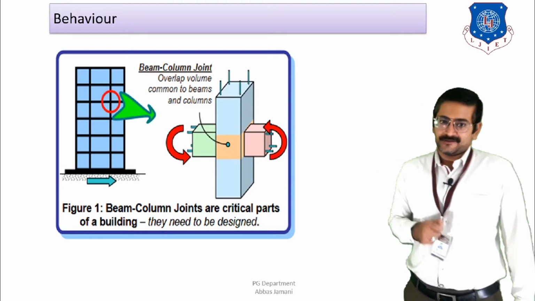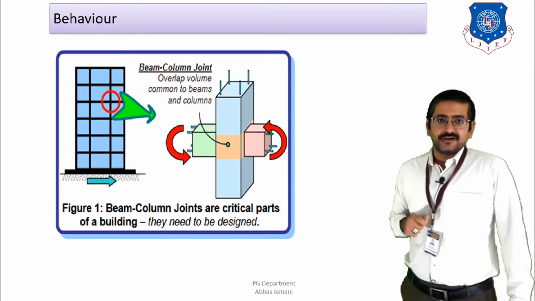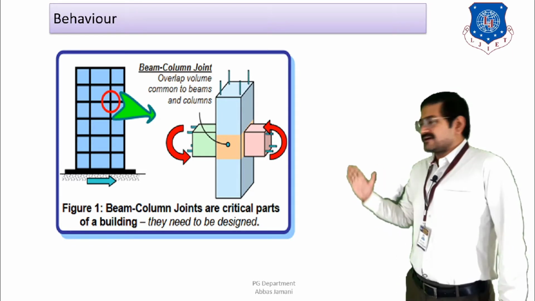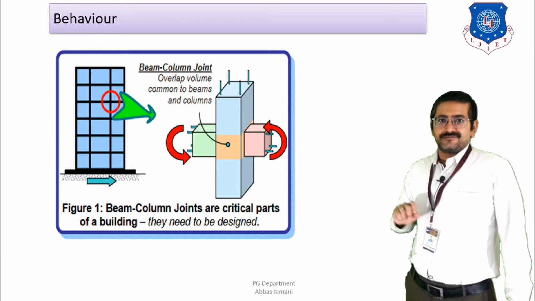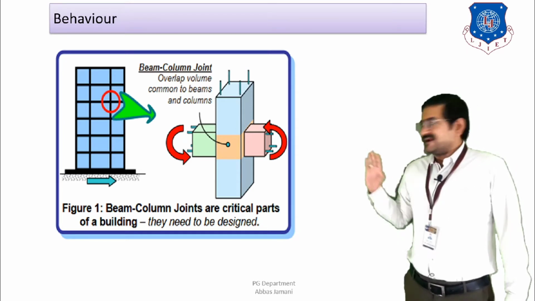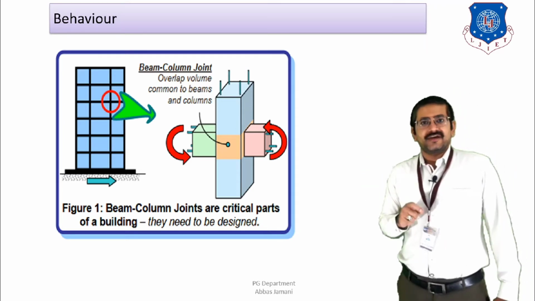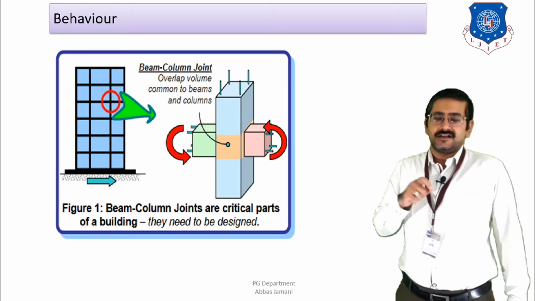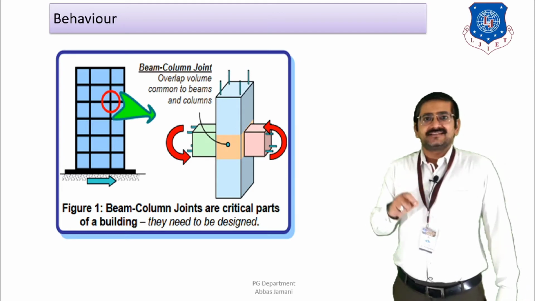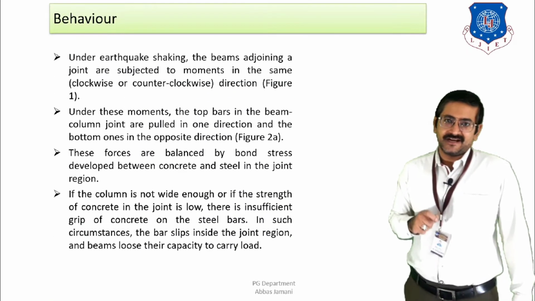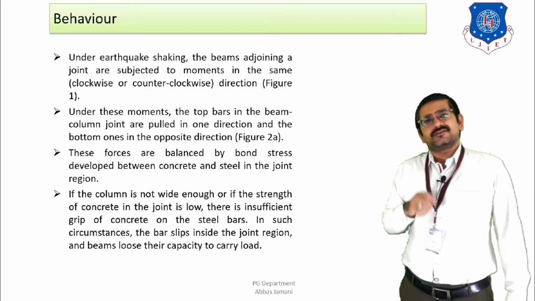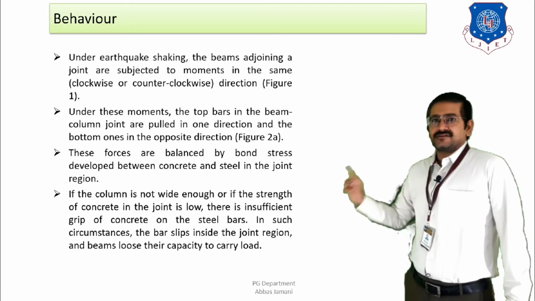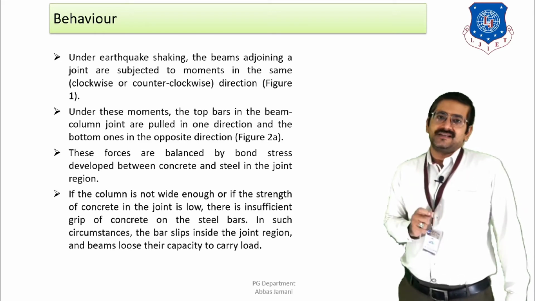As you can see in the figure, the enlarged view of a beam column joint is shown, where the column is going through and the two beams are there from the two sides. The moment directions are also shown. Whenever the load is applied on this beam column joint or moment resisting frame, moments are generated. These moments can be either in the clockwise direction or in the anti-clockwise direction. On both faces of the column, the same type of moment is likely to be generated.